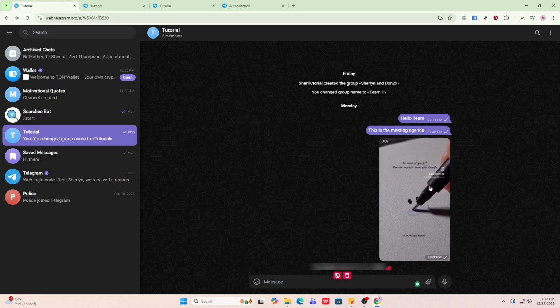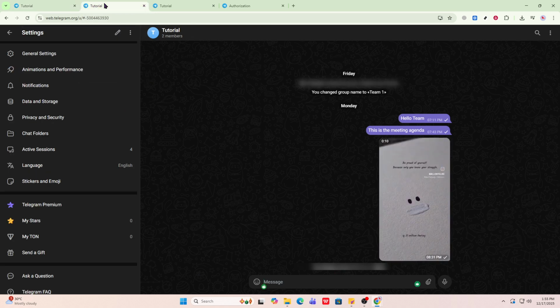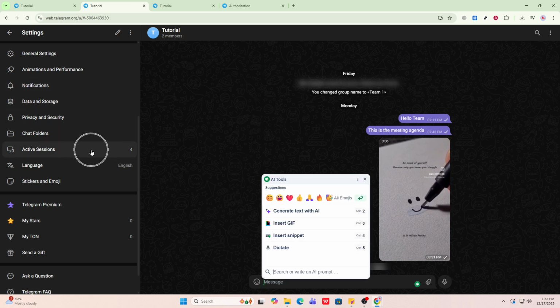Start by checking whether you're still logged in on another device. This could be a computer, a tablet, or even an old phone you haven't used in a while. Open Telegram on that device and go to Settings, then Devices. Here you can view and manage your active sessions. If you're lucky, Telegram may send the login code to that active session instead of sending an SMS. Use that to sign in securely on your new device, then review and clean up old sessions to protect your